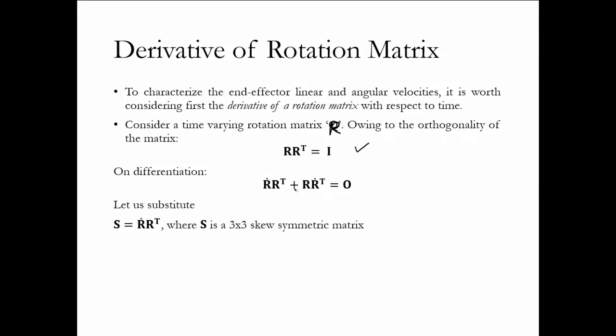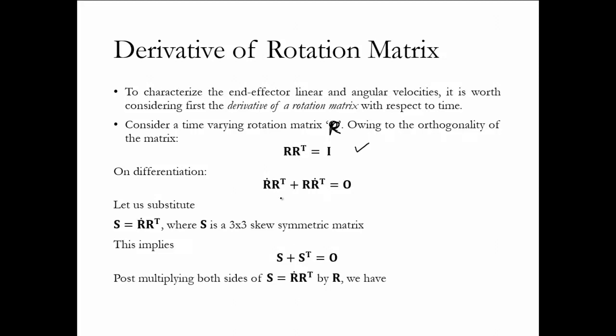So a skew symmetric matrix is a matrix whose diagonals are generally null, and the off diagonal elements are of the opposite signs. So we'll see that later on. It is a property of these skew symmetric matrices that the addition of the transpose is equal to 0. So that's why we imply something like this: S plus S transpose is equal to 0. You can verify it from there if we substitute this back here.